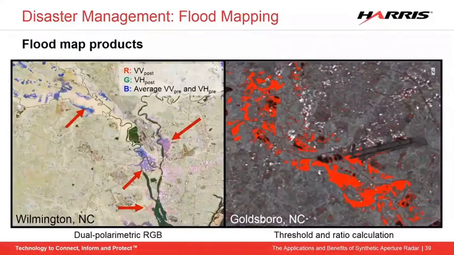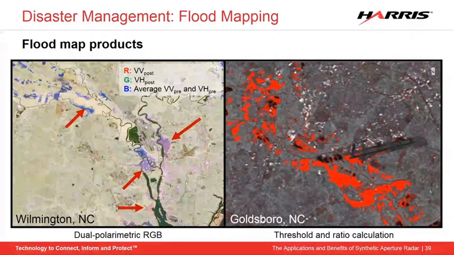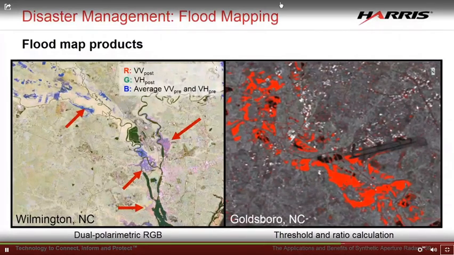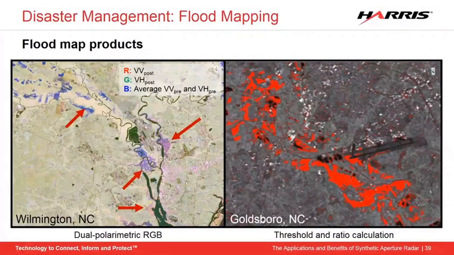Lastly, you can do multiple different ways to actually get maps and understanding of this flood change that's occurred. On the left-hand side of the scene, the purple, pink, and blue show areas of inundation where water was not previously. And this is something created using a dual colorimetric RGB, where red and green are singular bands of the post-flood, and then the blue band was actually the average pre-flood, and we're able to see these changes in between the post and pre-flood and really highlight those areas where this water is now standing in areas where it wasn't